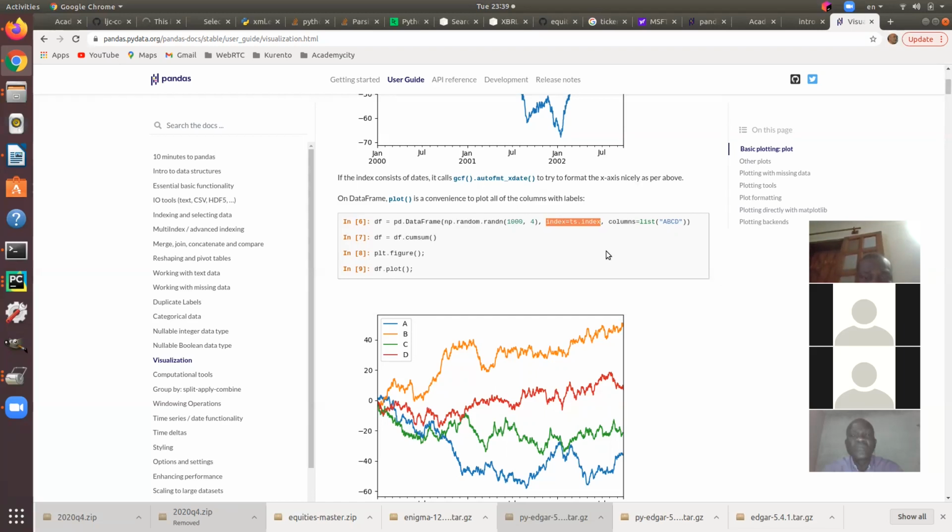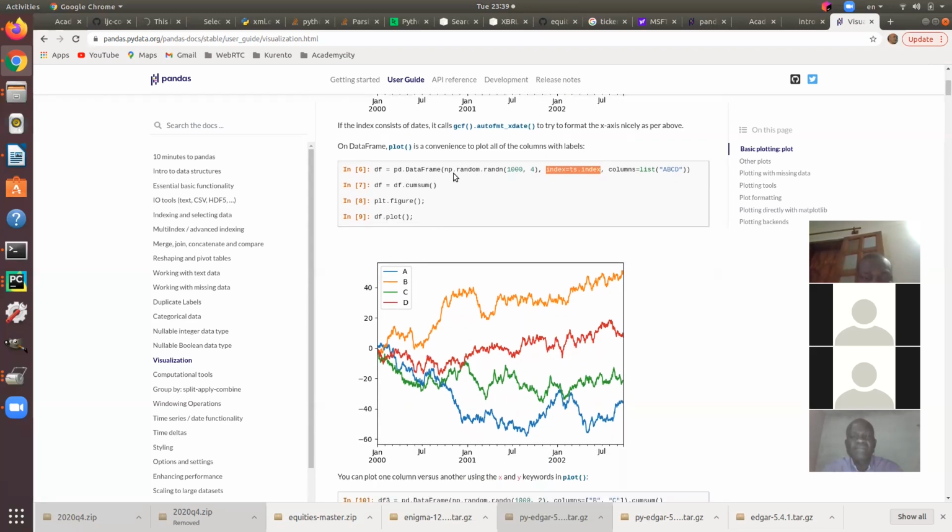But the beautiful thing is, if I have a matrix, here we put random numbers, but it could be anything to build the matrix. Here, just for convenience, we're putting random numbers. And it says view it as a time series. The index is the time series index, and the columns: just make a list. It's making a list of A, B, C, D. That means every column will have A, B, and C. Beautiful. So now that I got that one,